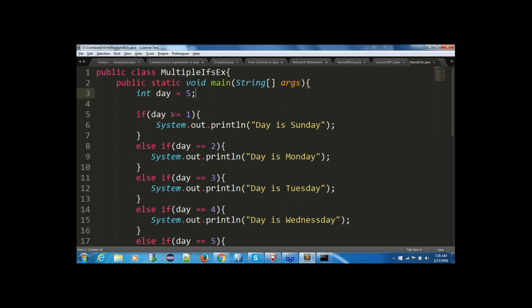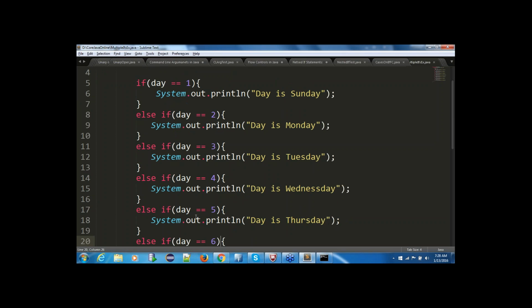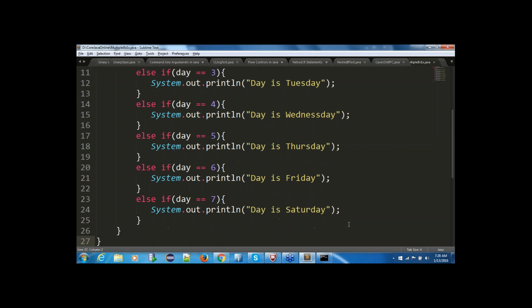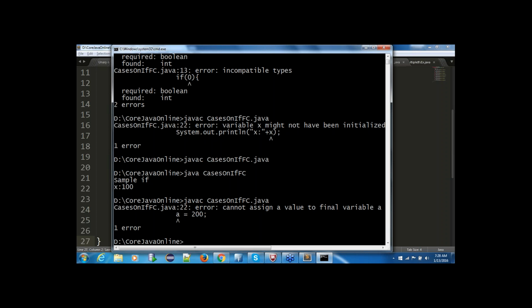So whenever I have 5, what happens now? It verifies this if block. Day equal to 1? No, false. So it comes here. Day equal to 2? No. Again it comes here. It verifies day equal to 3. No. And here it verifies no. So here day equal to 5. Yeah, here it is. 5 double equals 5 returns true. That will print day is Thursday. So now if you compile this program,